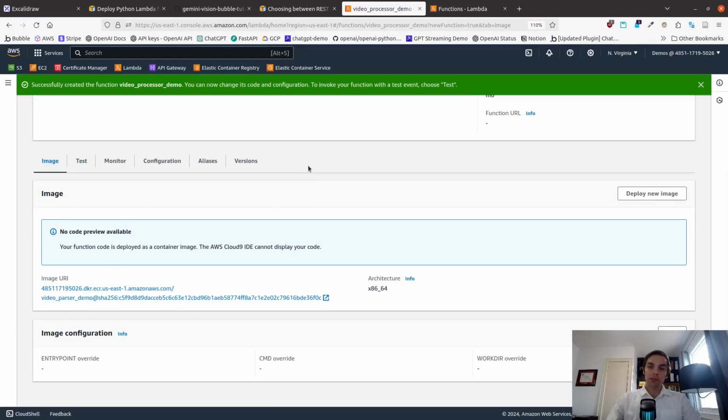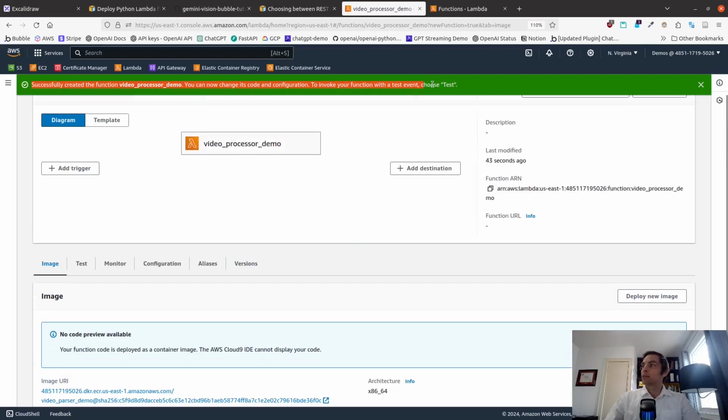In a later step in this tutorial, when we're creating our dispatch function, we'll actually see the code here, and we can write and redeploy the code here. In our case, it says our function code is deployed as a container image, so we can't actually see it here. All right, and now this has changed to successfully created, so now it's ready to go. And it says we can test it with a test event, and we will do this in a minute, but